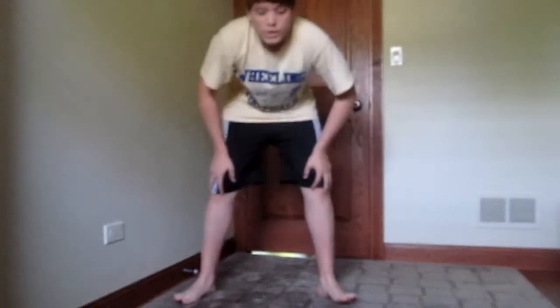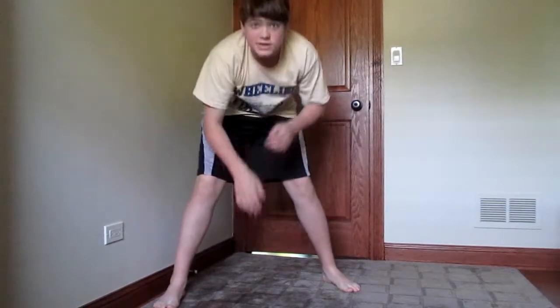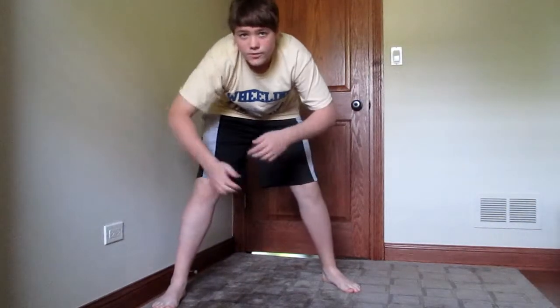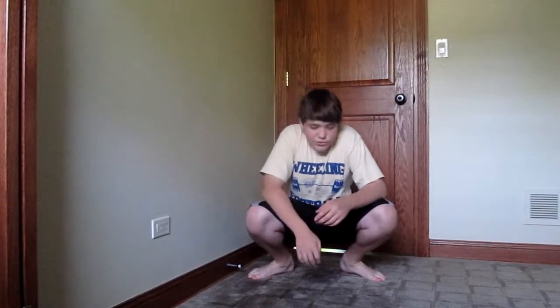Now what you want to do is every once in a while, tap the floor here to make sure that you stay in a good stance, because if you're up here, or even here, it can be harder for you to move, and your defense may not be as strong, and somebody could get a takedown on you. So the movements you want to incorporate in the drill is,